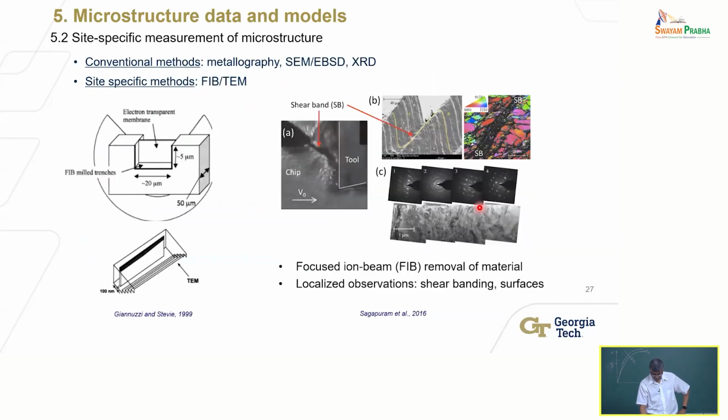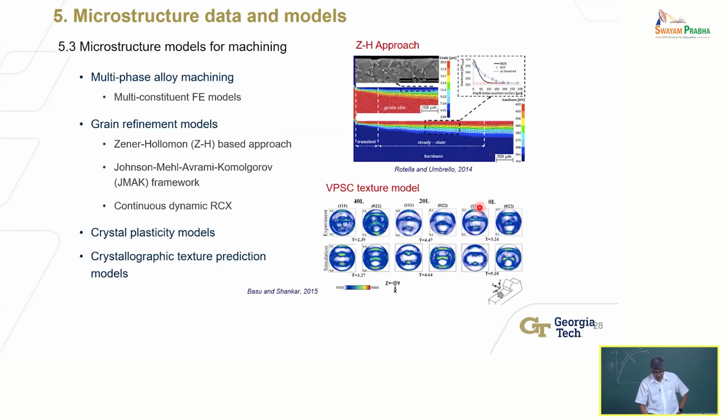Okay, let's skip this. There are different ways of characterizing; this is only talking about the different types of characterization methods. Modeling. So it's not that people haven't tried at all. I told you about this type of model, the grain refinement model. There are models that I talked about that are dislocation mechanics based, or people have also tried what I referred to as crystal plasticity models. These are types of models that people in the mechanics literature use, but at the scale and under the conditions in which machining is carried out,